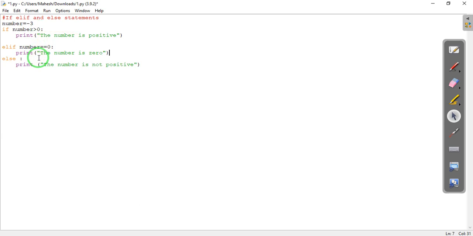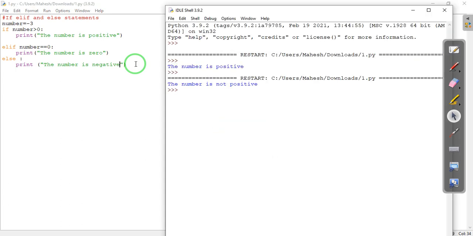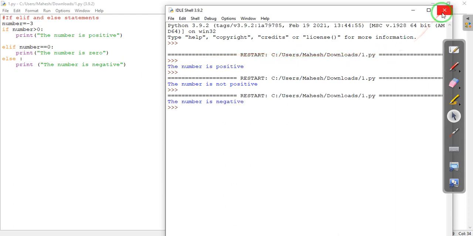Else, it will print that the number is negative. Now we will see how it goes.